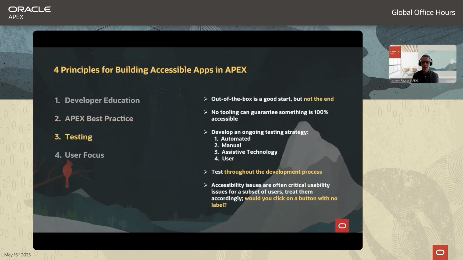Testing. So out of the box is a good start, but not the end. And what I mean by that is I think it's a falsehood that people think that they use Apex and they don't need to worry about accessibility, or they use Universal Theme. Now, it's a great start. And that's what we invest a lot of time in, making sure it is a great start. There are default